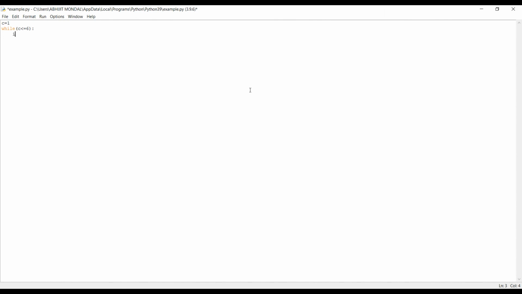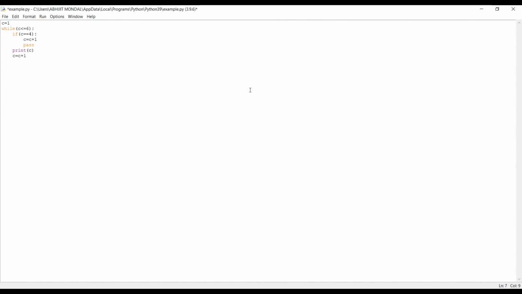Okay, now for the if condition, when the value of c is equal to 4, we will graduate it c equal to c plus 1, and we'll say pass.